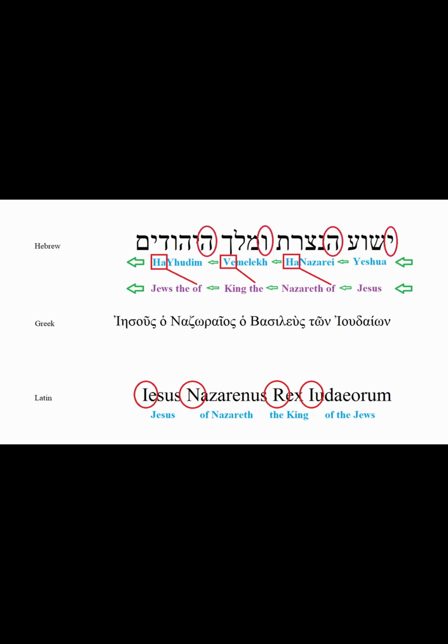But that's not all. Now when we execute the same technique of first letters of each Hebrew word, just like with INRI, something else will be revealed. Reading from right to left, we get the Hebrew letters YHVH. In short, it will be YHVH.